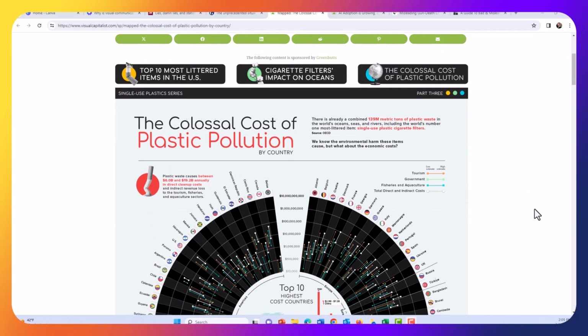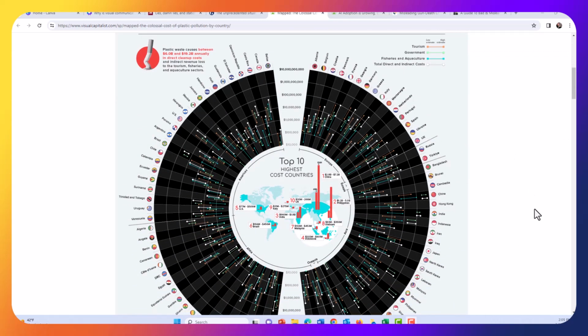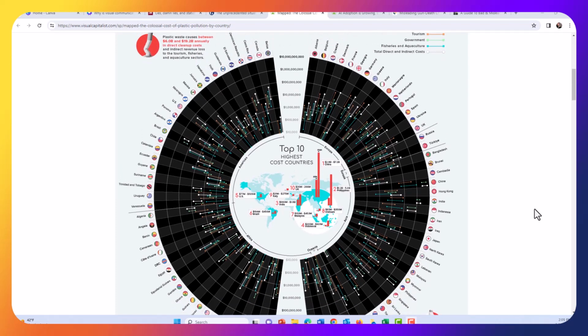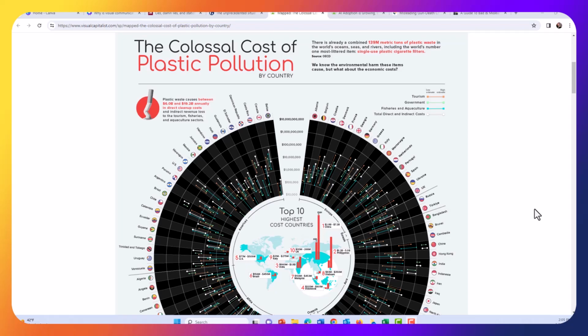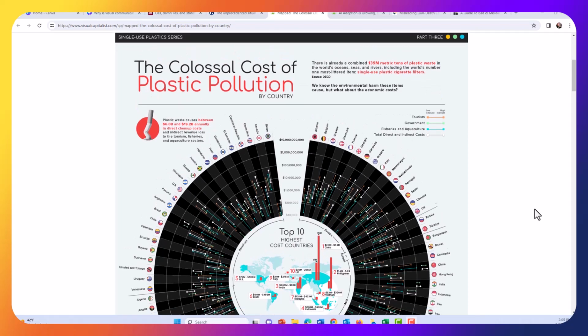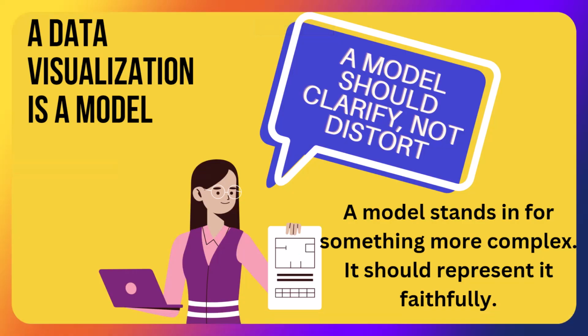I don't think the designers are trying to be unethical, but what's getting lost in this beautiful visualization is the real devastation and ugliness of plastic pollution on the planet, animals, plants, and of course, people. Remember that visualization is a representation. It shouldn't oversimplify things, but clarify them. We have to leave some things out, but it's important to be mindful of what and how it changes our thinking.